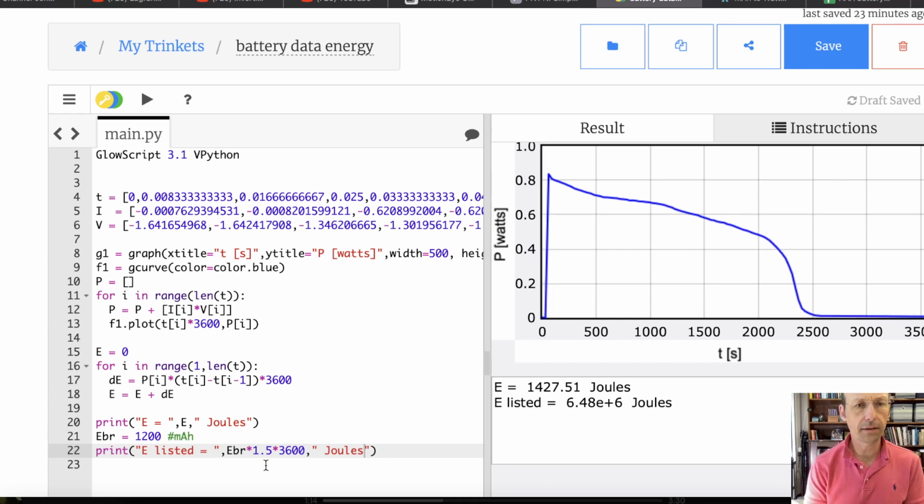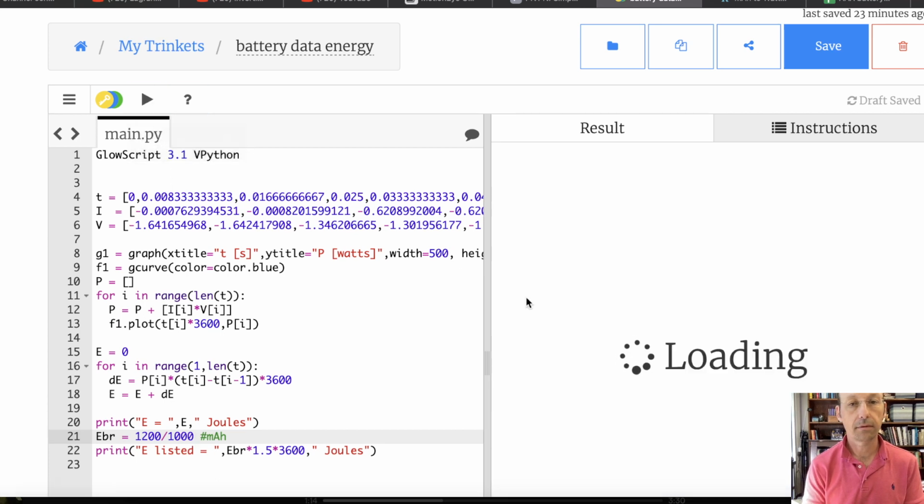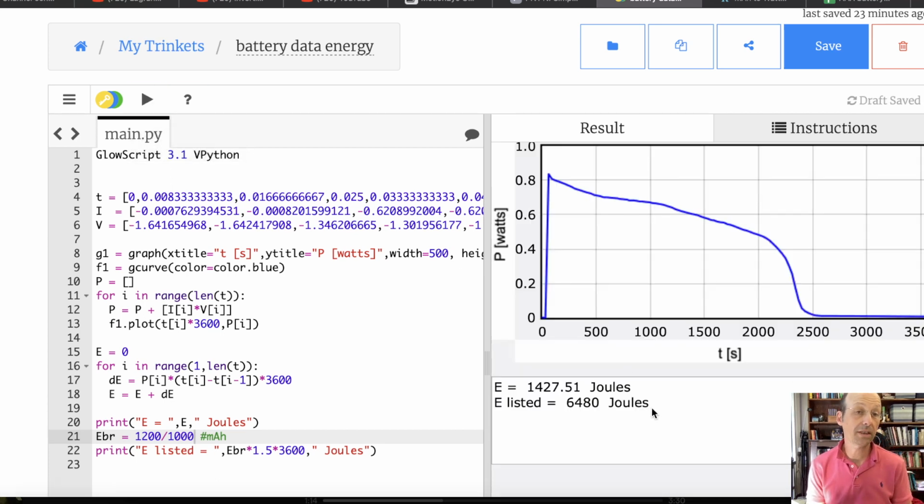I kind of feel like this is milliamp hours. So 1.2 amp hours times 1.5. Oh, I didn't divide this by 1,000, because I did that in amp hours. Okay, so we don't agree still. And I think that's okay, but we're at least on the same order of magnitude. But that's how you would calculate the